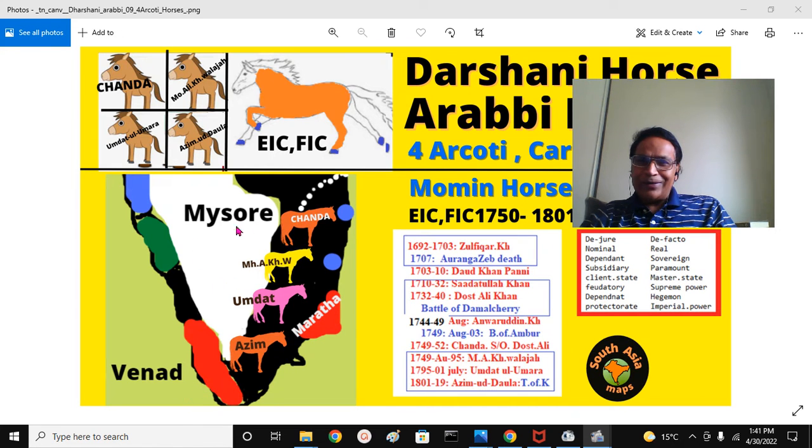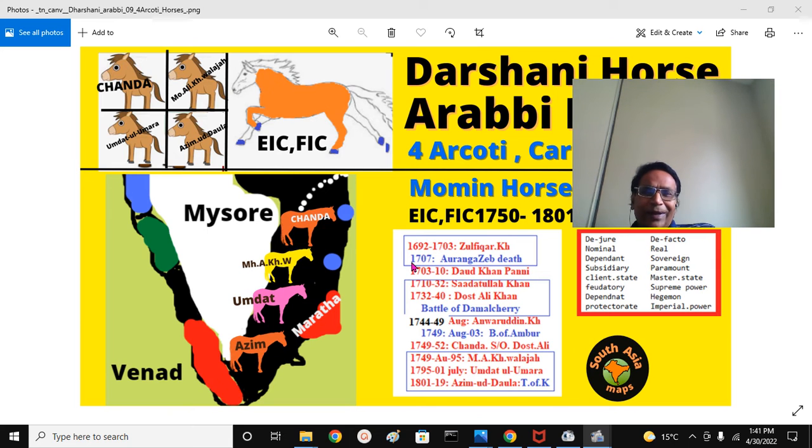The Wadayars ruled here, and later their kingdom was usurped by the Ghazi, Saiful Islam jihadis, the militants. That is Hyder Ali and his son Tipu Sultan. This is the Bednur kingdom, and this is the Jamorins, Kochi Raja, and so on. Here the context is Aurangzeb died in 1707. The other Nawabs of Carnatic, Zulfikar Ali Khan, Dawood Khan, Sadatullah Khan, Dost Ali Khan, important one, was killed in